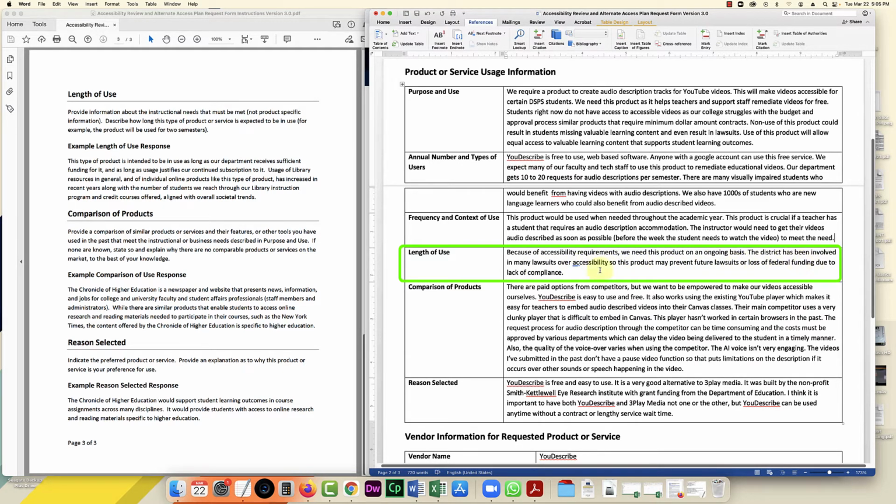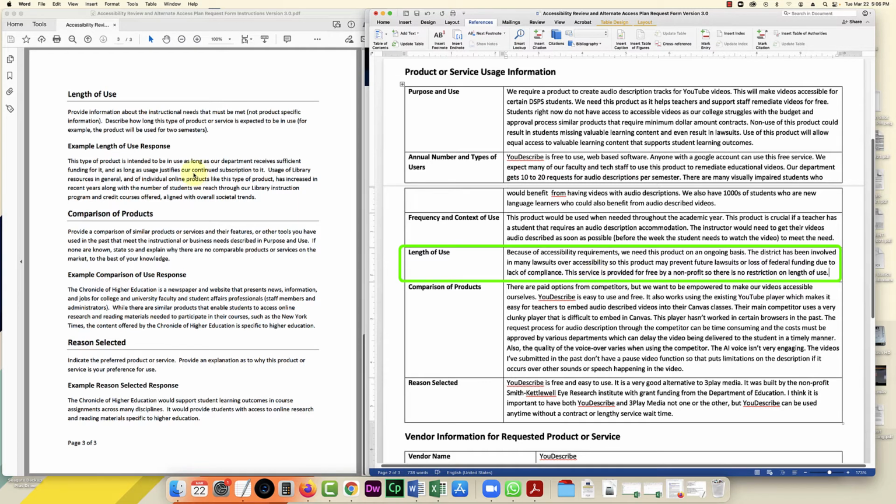The district has been involved in many lawsuits over accessibility, so this product may prevent future lawsuits or loss of federal funding due to lack of compliance. And I'm going to add here, this service is provided for free by a nonprofit. So there is no restriction on length of use.